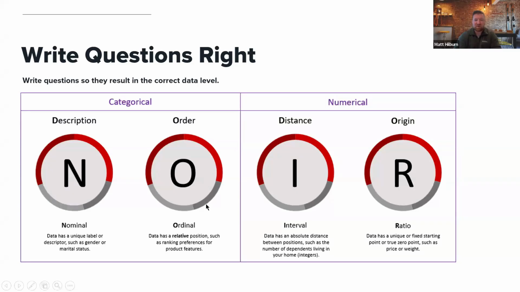Depending on how we're asking a question and what data type we have, it's going to dictate what kind of analysis we can do. We can't run a regression on nominal data, but we can on ratio data. And these are hierarchical, by the way. So ratio data is interval, ordinal, and can be nominal technically. So each of these has the components of the previous one. Nominal data just offers descriptions. Ordinal has orders. Interval has defined distances, and ratios have origins.